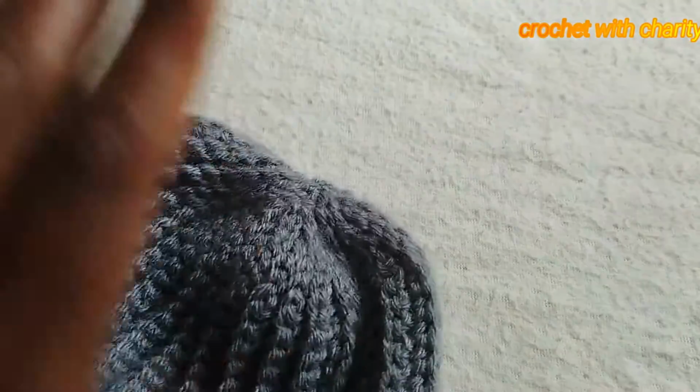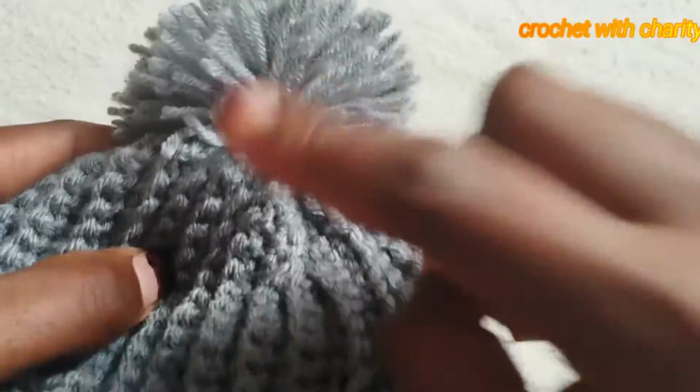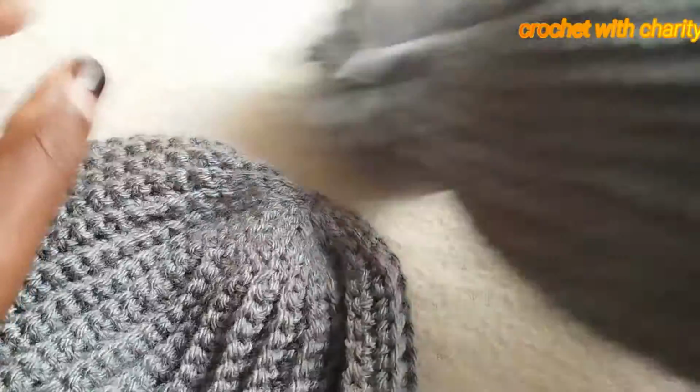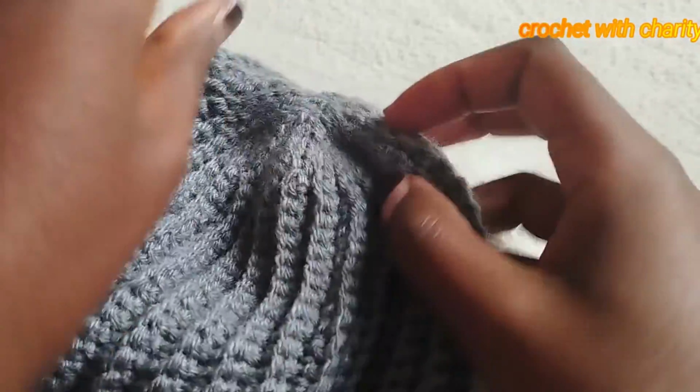So you can decide to make a pom-pom and attach, just like for the baby's beanie, or just leave it like this. It's still